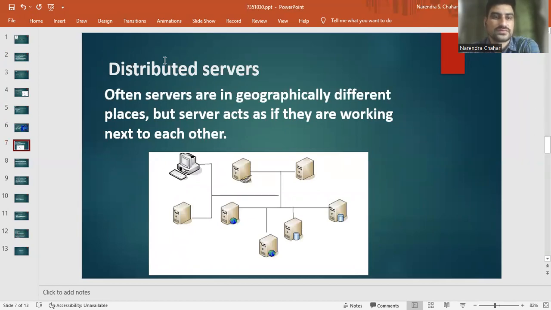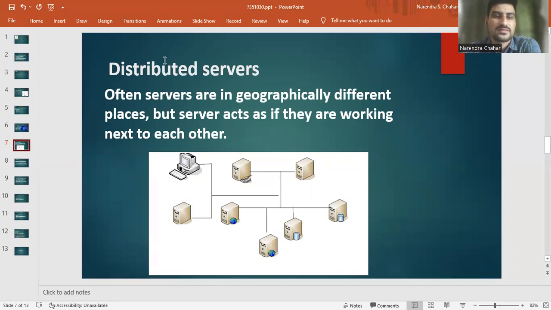Now we talk about the distributed servers. Often servers are in geographically different places, but they act as if they are working next to each other. Servers are placed in many places on earth, but they act like they are at one place. Google has 13 data centers and distributed servers all over the earth. They are synchronized with each other from time to time and the data is shared among them.